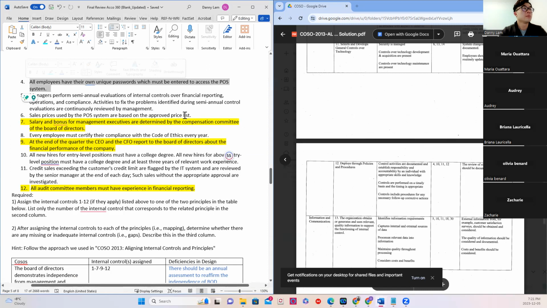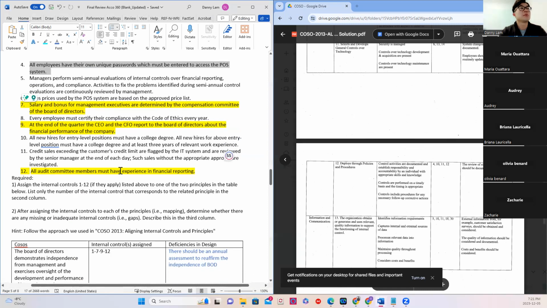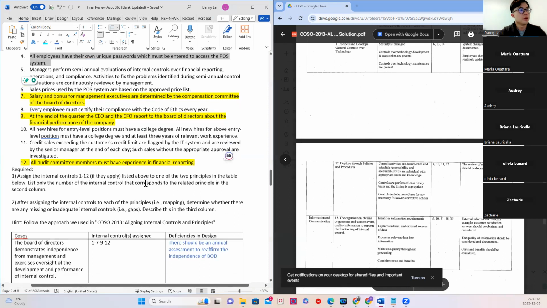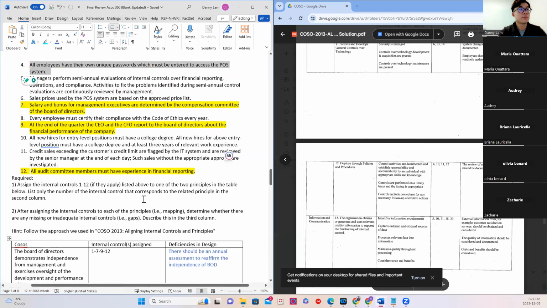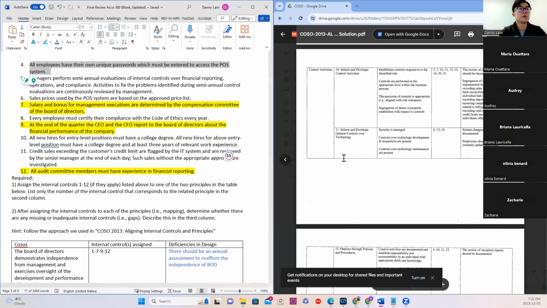Well, it is a control. Okay. So why would you not put it as principle 12? I don't know why I wouldn't put it as 12, but I remember in the 17 COSO framework that there was a better one for the POS system. Yes, so there's